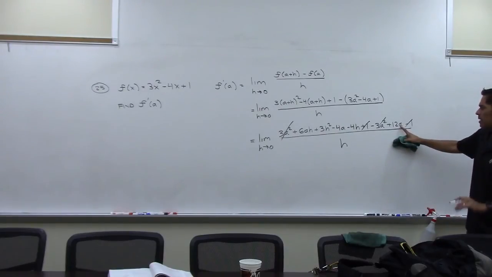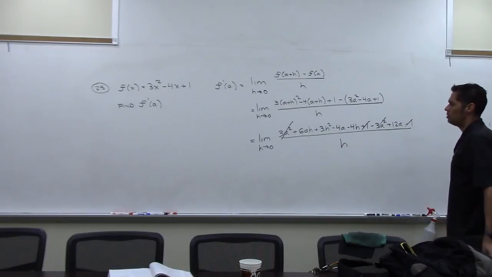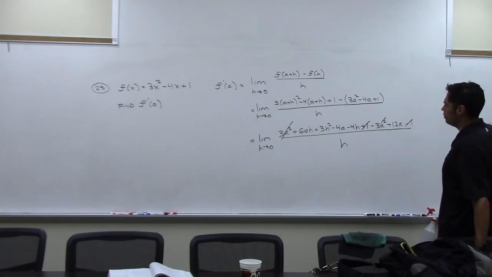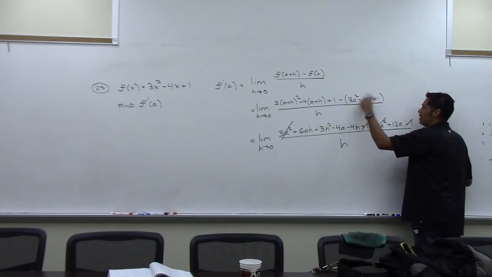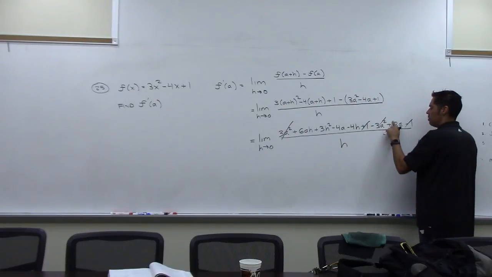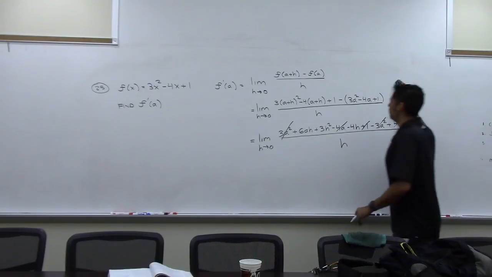Oh wait, 12a. Hold on a second. Missed something up here. Plus 1, 3a. I'm missing something obvious here. Oh, right here. Sorry, when I did this 12, I saw the 3 and brought it over. It was negative 1, so that's just plus 4a. Okay, that's good. These go away. All right, now,